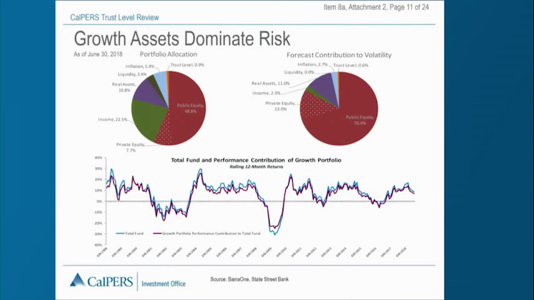You see the effect of that in the line chart on the bottom of the page, where the outcome to this plan, its investment results, traces very, very closely to the results that are generated by these growth-related assets. So from this perspective, we just want to reemphasize the fact that this portfolio, despite having thousands of individual positions and all different types of asset classes, is still very much a growth-oriented, equity-centric portfolio. So the outcome to the public equity markets and the growth-related investments in large measure continue to determine the outcome